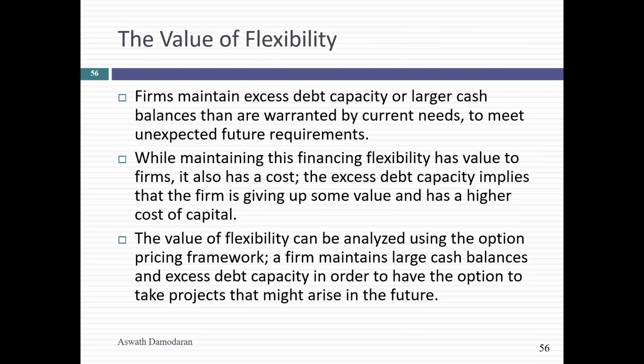Final piece for today, let's talk a little bit about flexibility in general. This has become a big buzzword at companies. We want to be flexible, we want to be adaptable. I think what we're talking about here is optionality. To me, the ultimate flexible company is this: when you have something good happen on a project, you take advantage of it to make it even better. When you have something bad happen, you walk away sooner than everybody else.